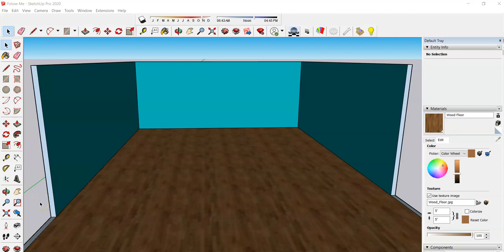In this short video, I'm going to show you how to use the Follow Me tool to add wood base and crown molding around the perimeter of the room. Now I'm showing a very clean model. There's no furniture or any architectural elements in here, just to give you a clear view of how we use